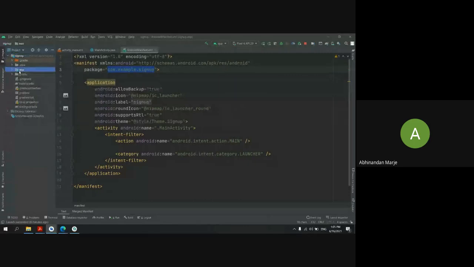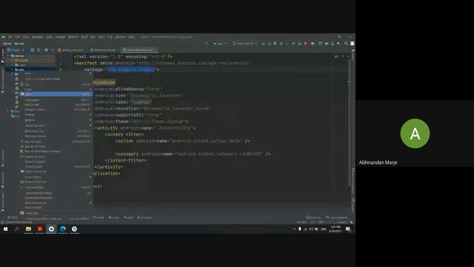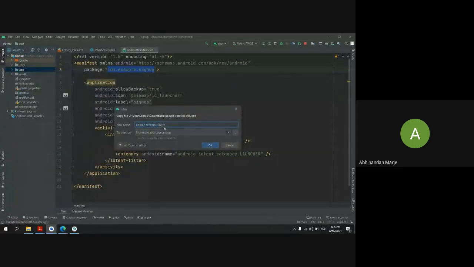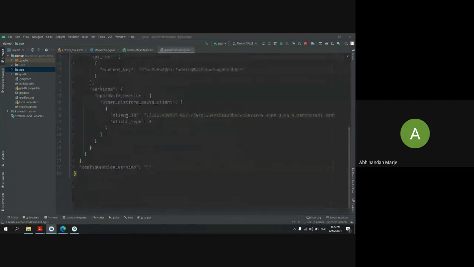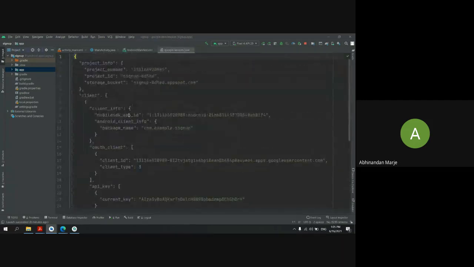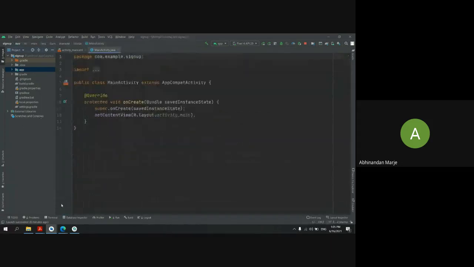In this app section, right click on it and paste it here, and just remove any numerical value if you have some here. You need to remove this and rename it properly. It should only contain google-services.json. Okay, it should not contain anything else. Just paste it. It gives us JSON data. It will do the JSON parsing automatically, and if I get time, I will show you how you can do JSON parsing. For right now, Firebase will automatically do it for you.